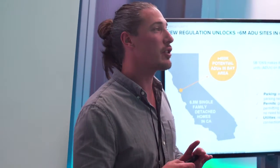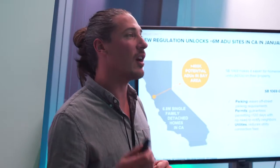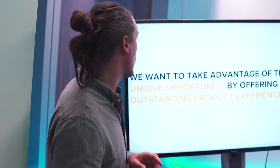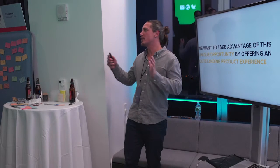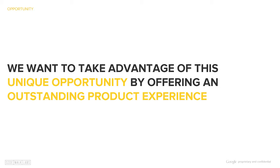In the Bay Area alone, we've identified about 400,000 potential sites, so even if only 1% of those convert to housing, that could be 4,000 additional units being put online in California, which does a lot for housing availability and in turn affordability. So we wanted to think about how we could strategically position ourselves to take advantage of this new opportunity and think about the ADU and how we can really put the user at the center of the